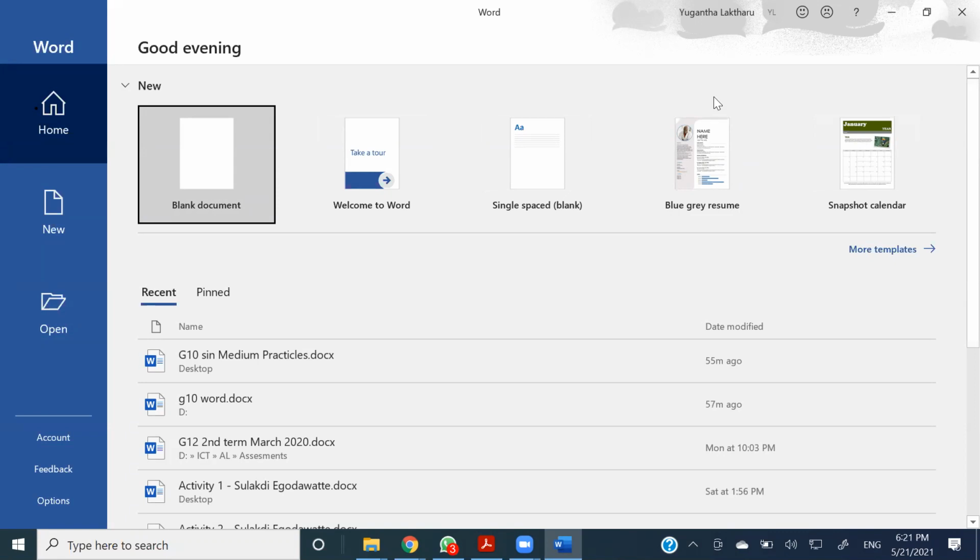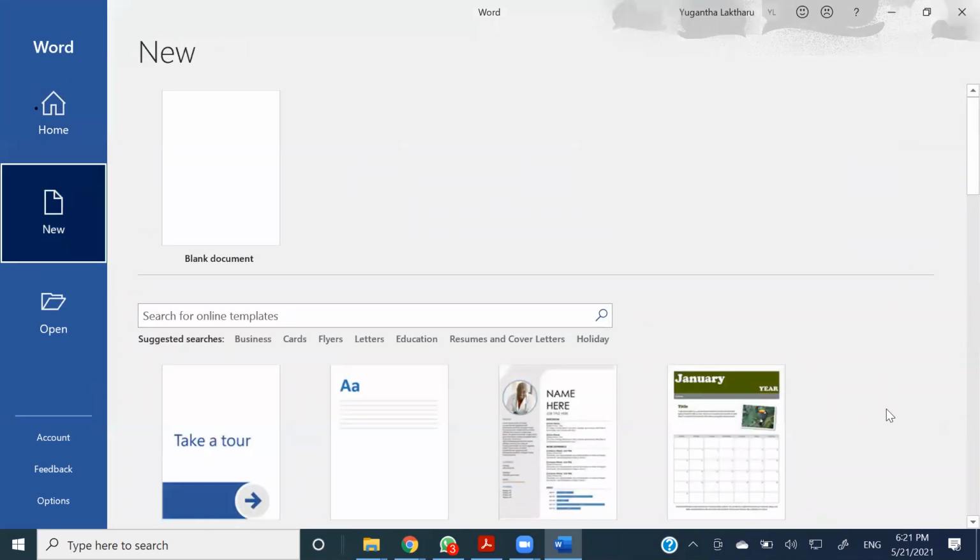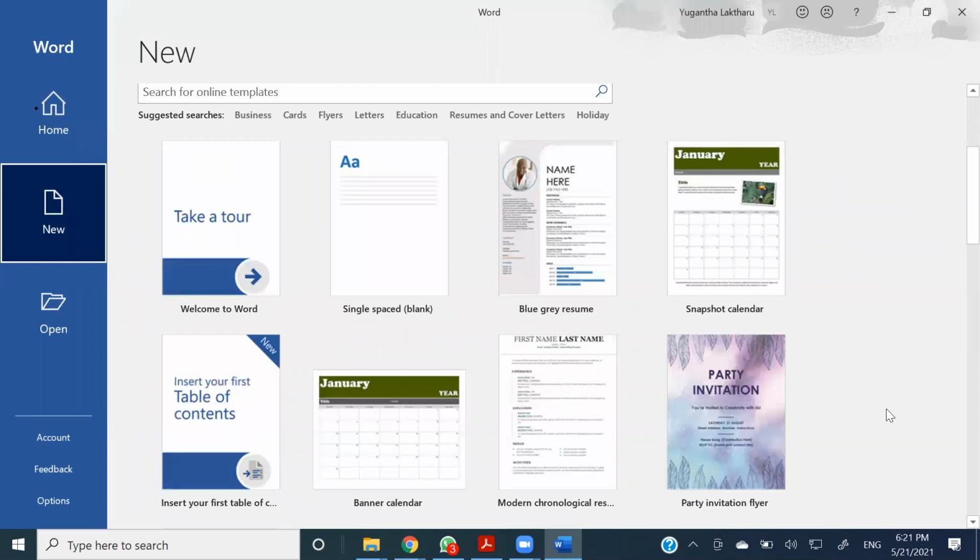Since I'm using the 2019 version, my interface can be slightly different from your interface, but it has similar components. You will be given a place called blank document, and you will be given some templates. Templates means there are predefined formats, predefined documents that we can use straight away for our need. If you're going to create a curriculum vitae, or CV in short form,